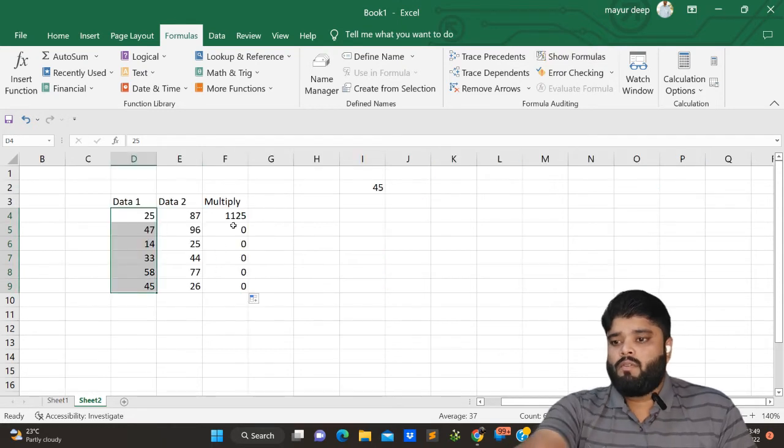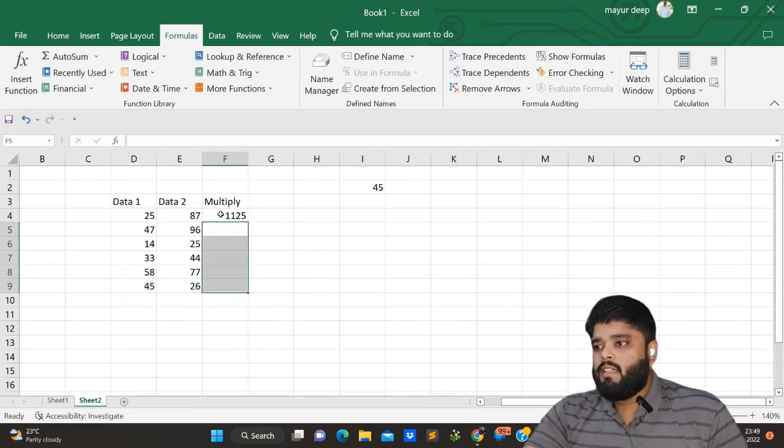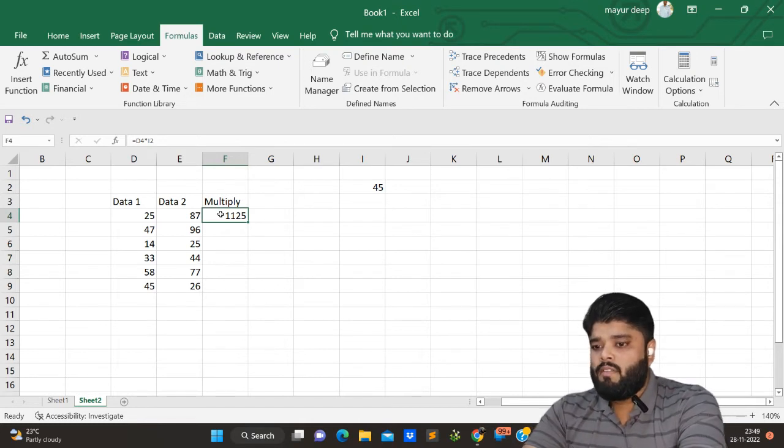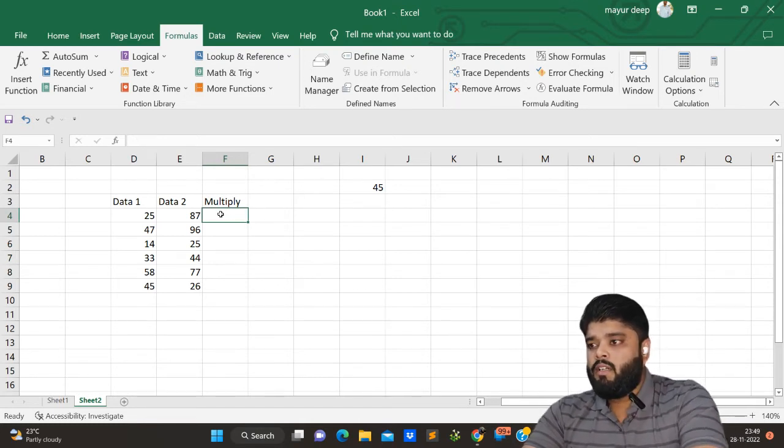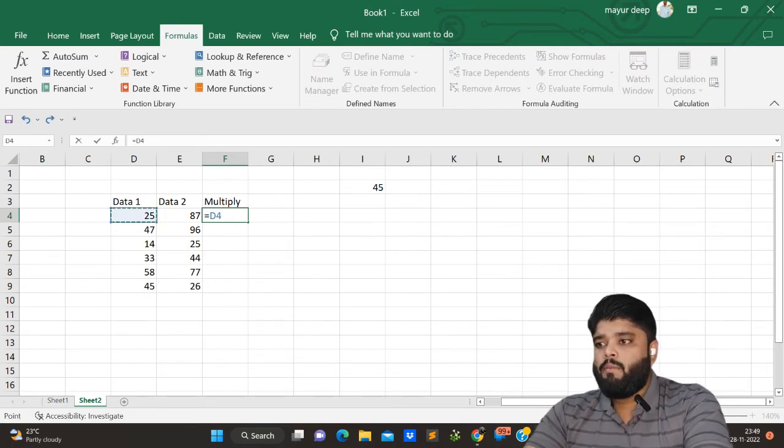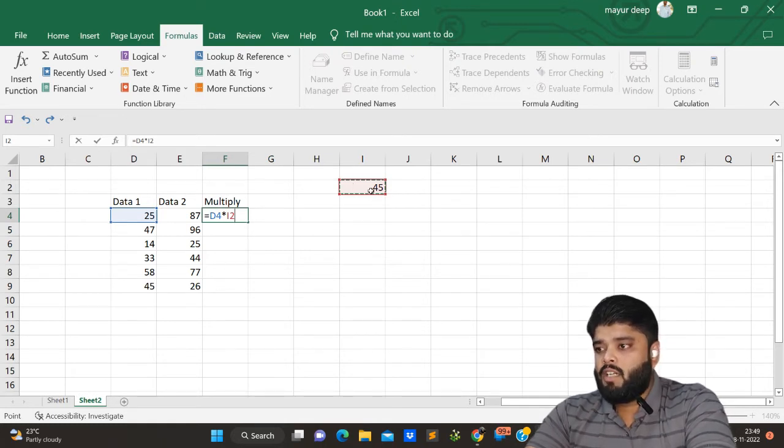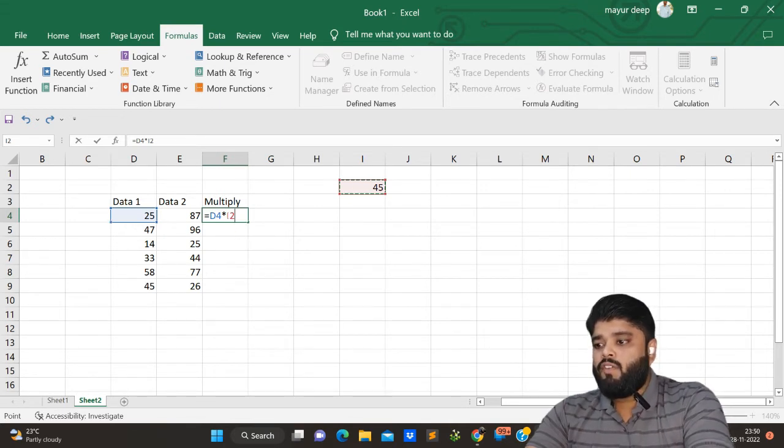Now what I have done, I have first deleted this. I want D4 multiplied by this. But in this I don't want to change this cell for other fields. For other cells I need this cell to be constant and the others to change. So what I have to do is give a dollar sign in front of I and in front of 2. So now you can see